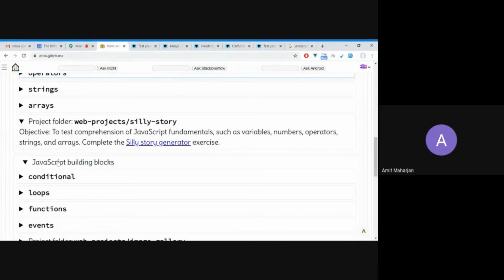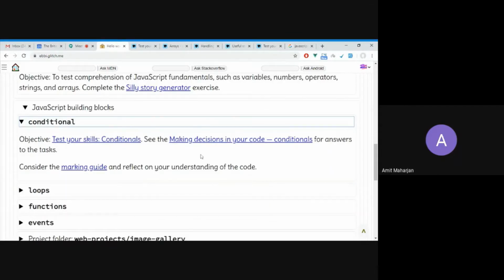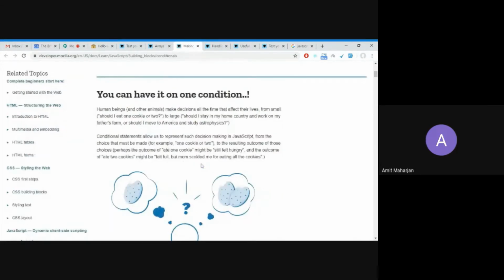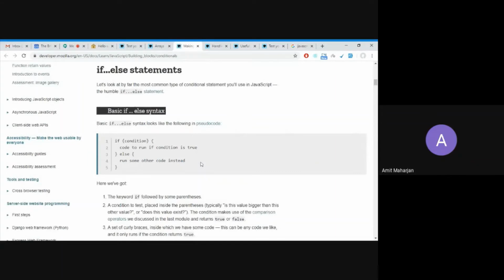Okay, let me also cover this thing, conditional loops. Some of them we have already done in the classroom. So conditional statements, if you want to go with the test your skills, you can click here. Let me go to this. So conditional statements,